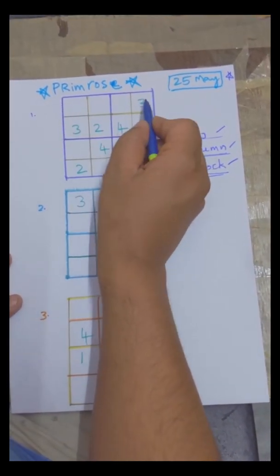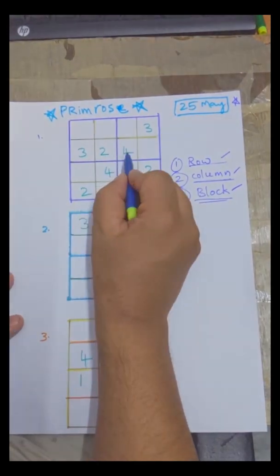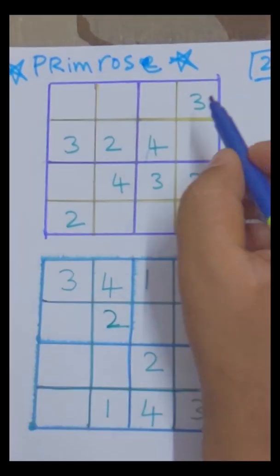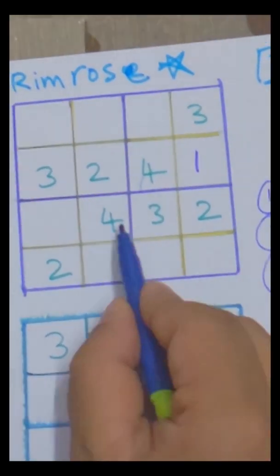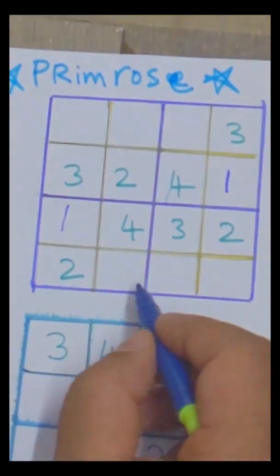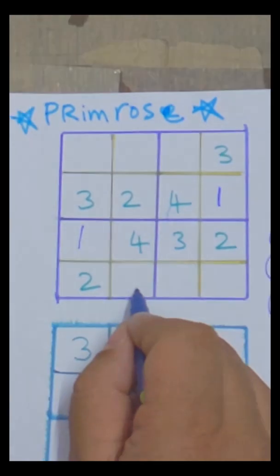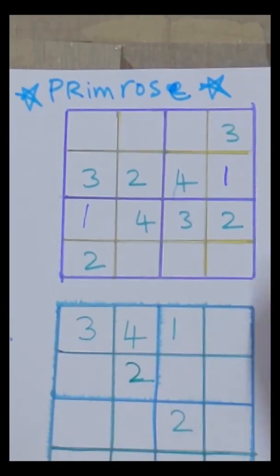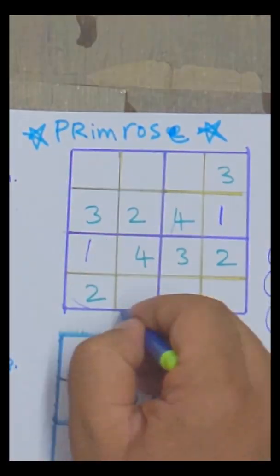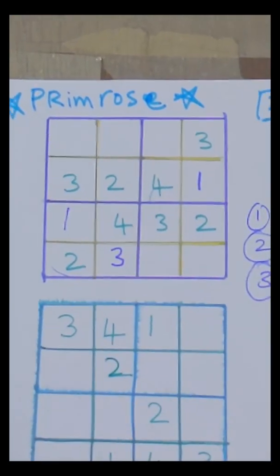So you can see in this row 3 are empty cells, so I am not going to fill this one. I am going to the second row. In the second row I can see 3, 2, 4 is there, so the remaining one is 1. That's it. In this row 4, 3, 2 is there, so the remaining one is 1. Correct? Now can I fill this one? No, because this row has 3 empty cells. Instead of the row rule, I am going to use a block rule. See, in this block 1, 4, 2 is there, but 3 is missing. So I put 3. That's it.